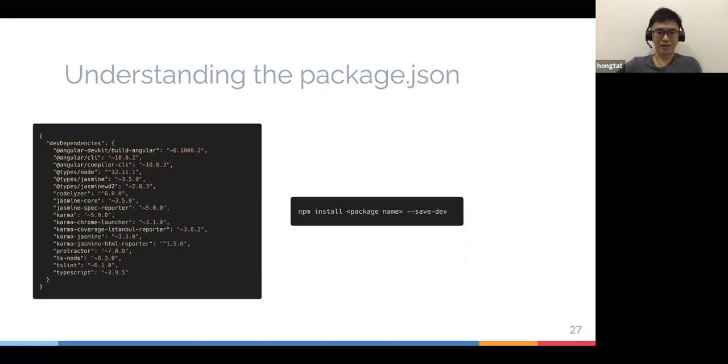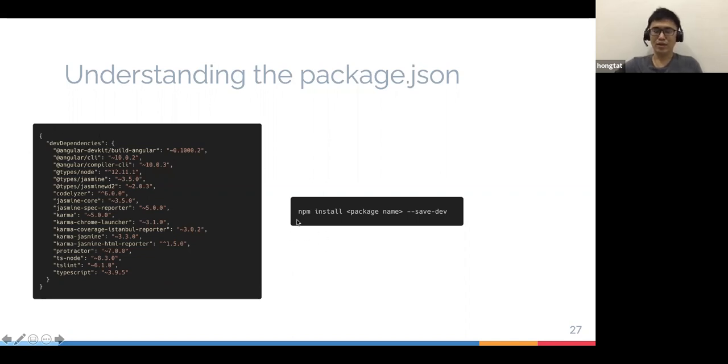Okay, for example here, if you look at the last one, TypeScript will help you to compile TypeScript into JavaScript. So after the code is converted into JavaScript, you probably don't want TypeScript anymore. So we don't need to include this TypeScript third-party library in the distributed file, right? So to install this dev dependency,